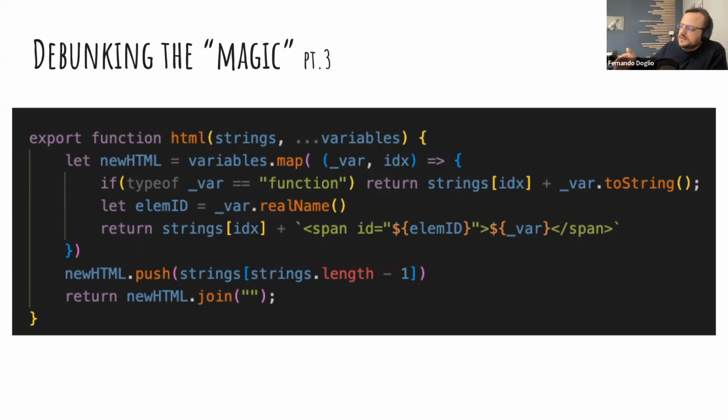So the variables, I'm just gonna go through those variables, and for each one, just ignore this one in particular, because it complicates things and we don't need that at the moment. So let's start here. For every one of these variables, I'm calling the real name parameter method, which I showed you already. It returns the actual ID, the unique ID of this variable. So we save it here on the element ID variable,